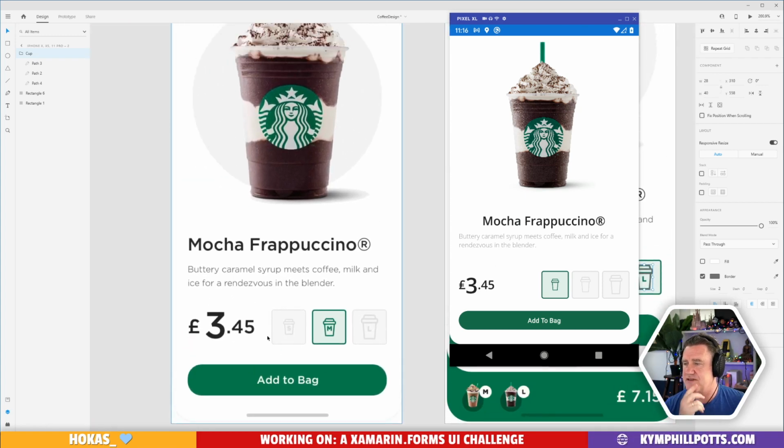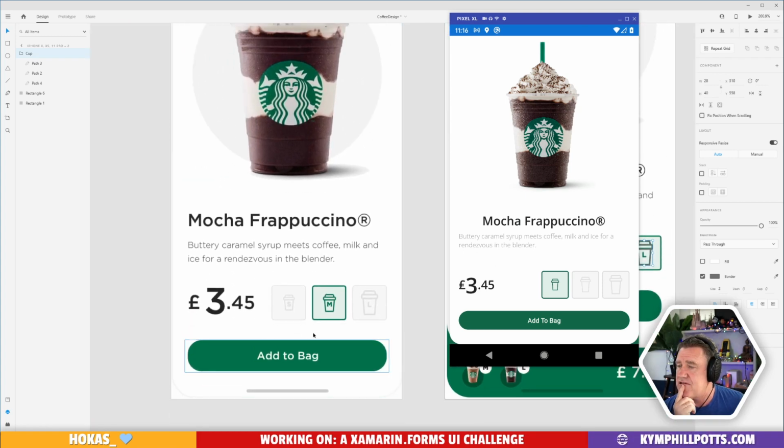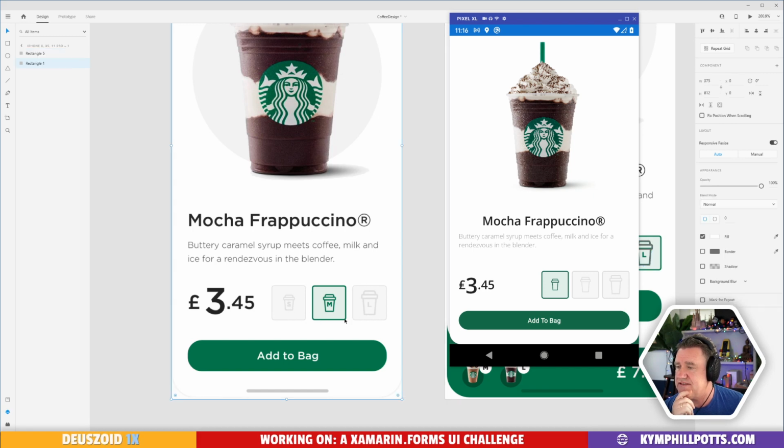I'm kind of interested. We need our small, medium, large text in there as well. So I don't really want to have 3 different path data with the character in it. We might be able to use a label for that. Let's have a bit of a look around this thing here, shall we?